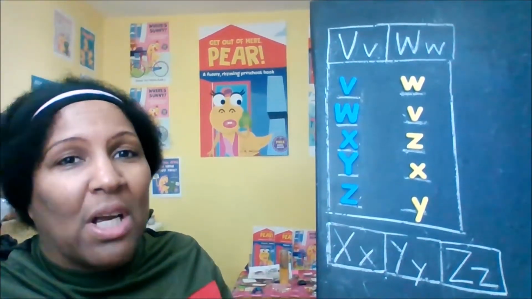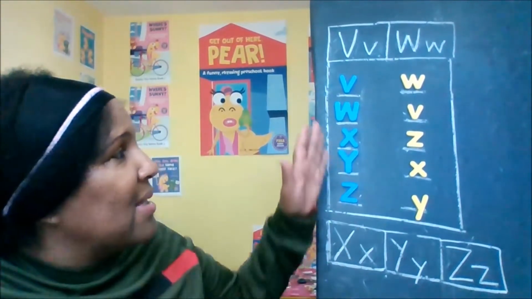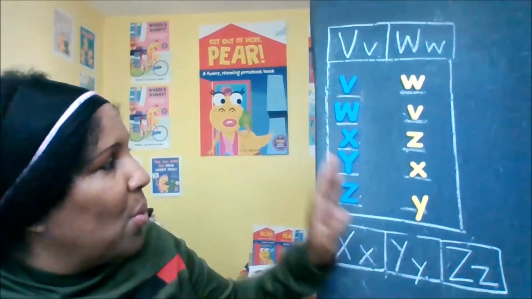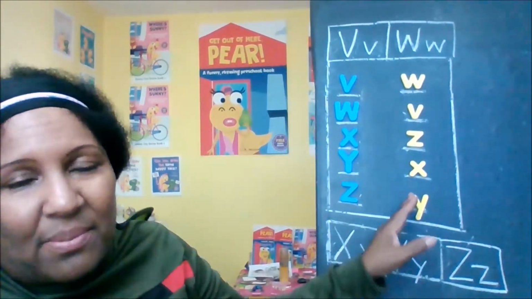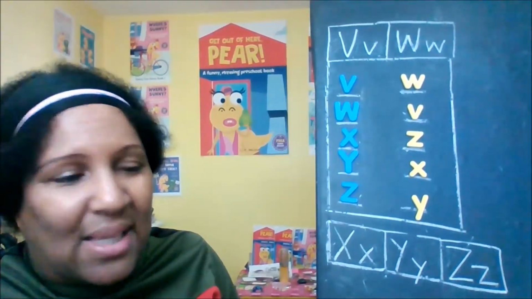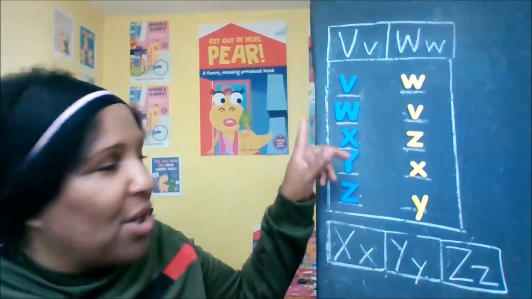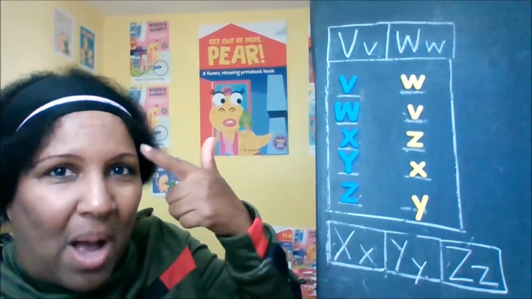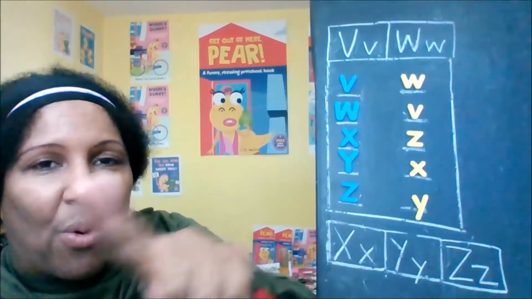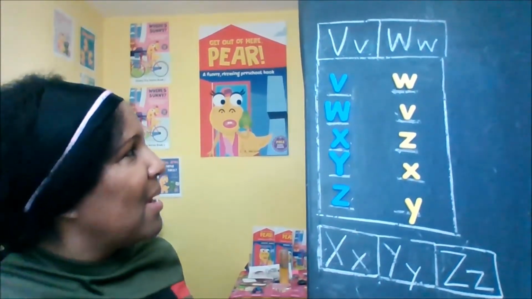So I'm going to move really slowly to draw the line to match the capital letters, the big letters, which are blue, with the small letters, which are yellow. And I think you'll probably get the answer before I get to the answer. Pick up my chalk. But in the meantime, you guys can be matching in your mind, with your eyes, or with your fingers in the air, or you can touch the screen and do your own matching. All right? V,